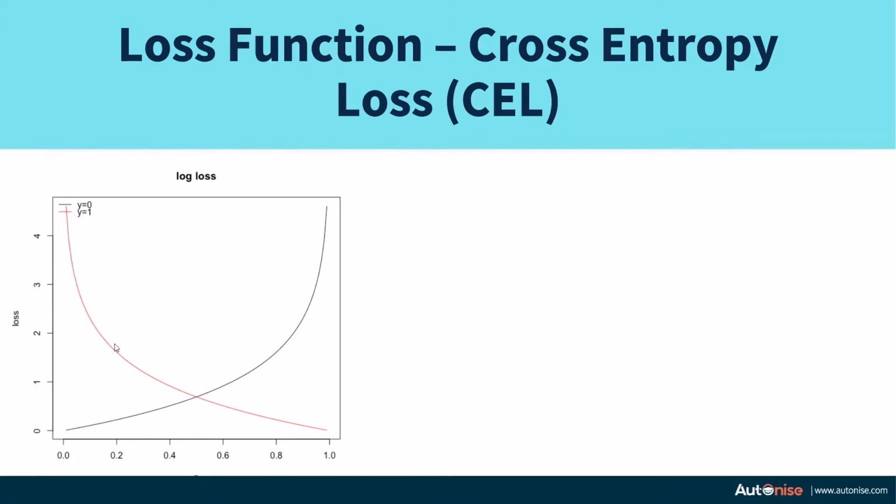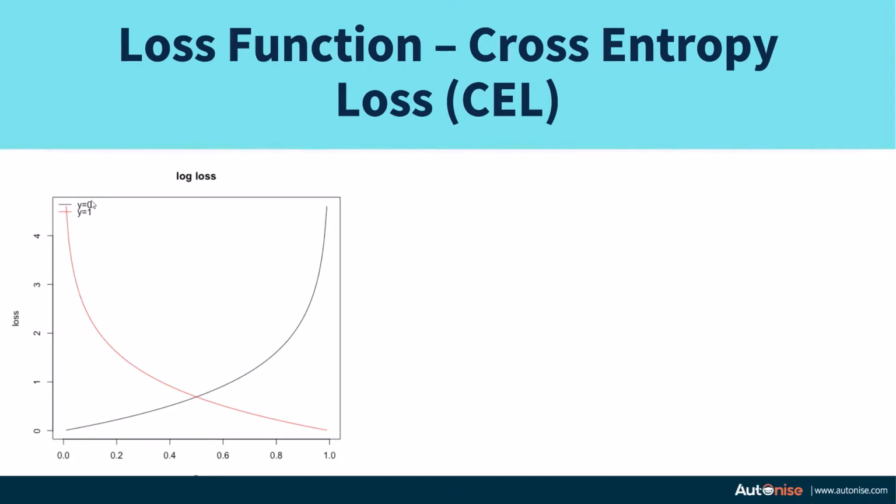So this is a good loss function because when we want the neuron to give an output of 1, the loss function is very high if it gives a value of 0 as the output, and the loss function is 0 when it gives the output of exactly 1. Similarly, if we have a target of 0 and the model predicts 1, which is a very bad scenario, the value of this loss is very high. But if the model exactly predicts 0 as it was supposed to, then the loss is 0.